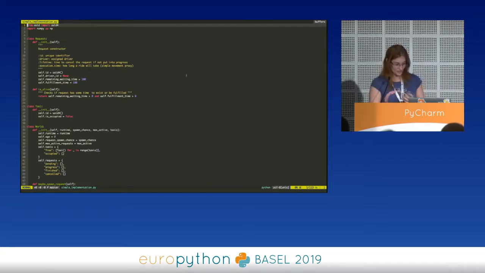Request has a UID, which is its unique ID, and a driver ID that can be assigned. It's technically an option, so there is no driver or there is a driver. Remaining lifetime and fulfillment time are two parameters that will make our request either be cancelled or fulfilled. And isAlive is a utility function that will tell us that yes, it's still kicking, still working.